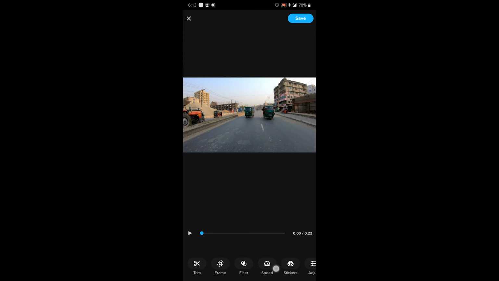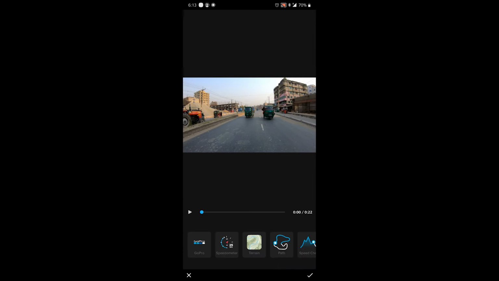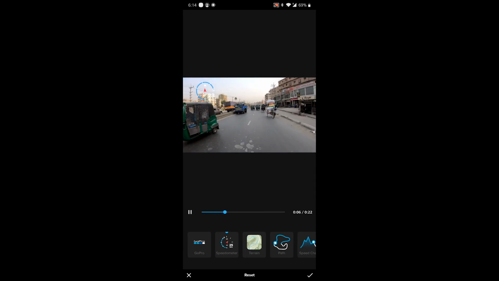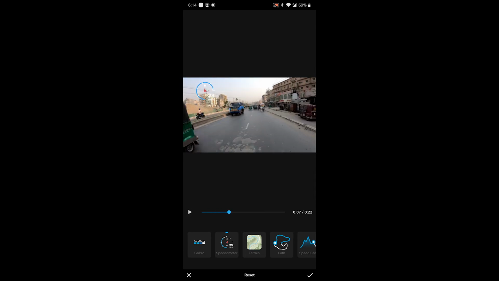And as you can see at the bottom, there are lots of options, and another option is stickers. Just press on sticker. Here are lots of different GPS data. You can add the GoPro logo, and also you can add a speedometer like here. If you play the video, it shows how the speed was recorded. Then you can recenter this by pressing again on this logo